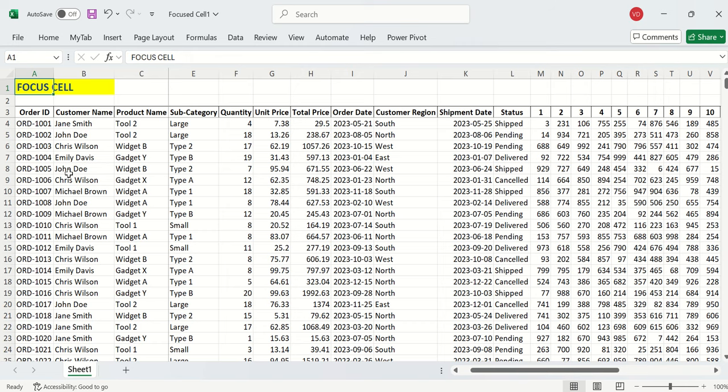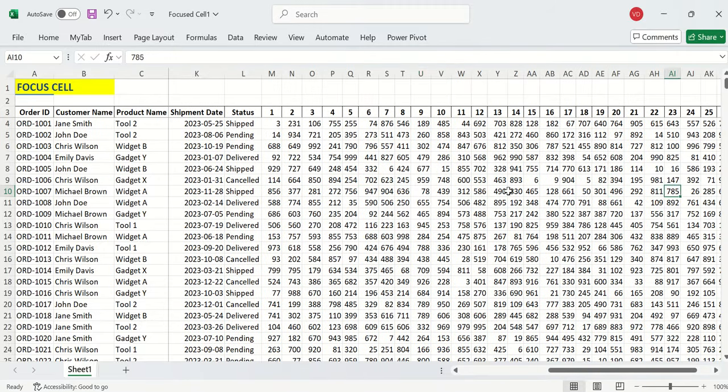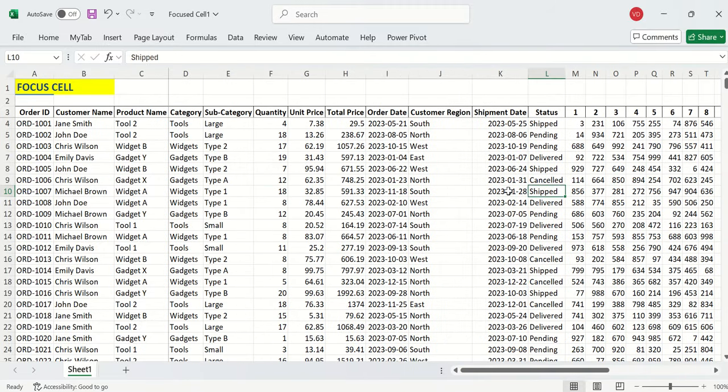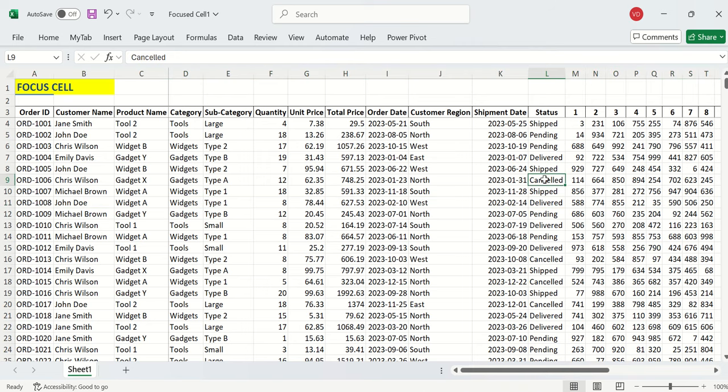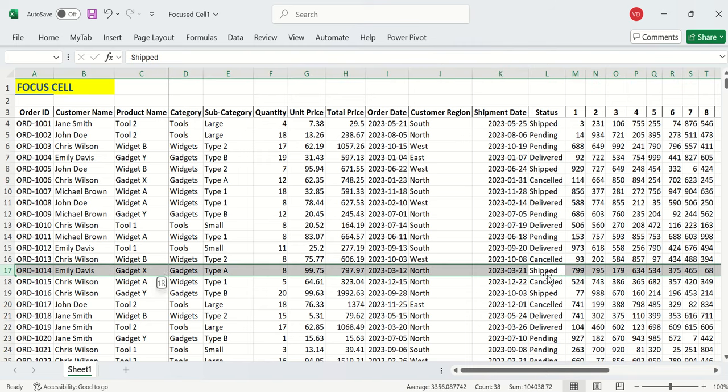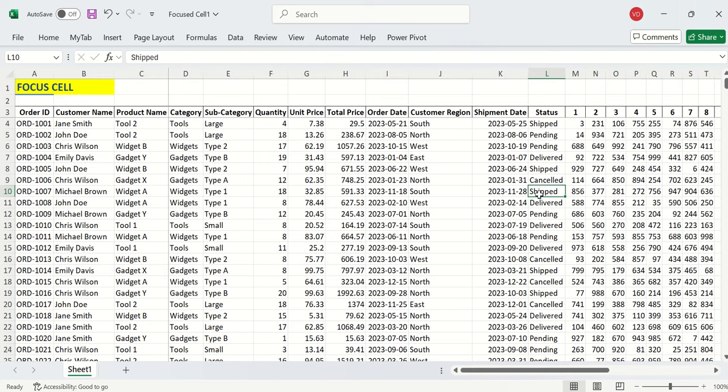Let's see. Suppose I have this database which runs to this number of rows, and if I want to know which order is cancelled, which person cancelled, I just go there and find it, which is tough. It's hard to understand which one is delivered. Another way is to use Shift plus Spacebar to select the row. We are talking about John, so it's very tough to understand which row we are talking about, or which order is shipped. I have to use Shift plus Spacebar to understand that, but this can be resolved